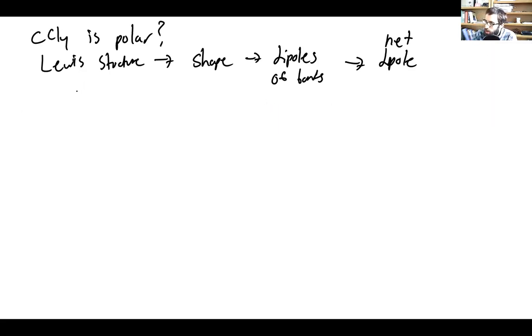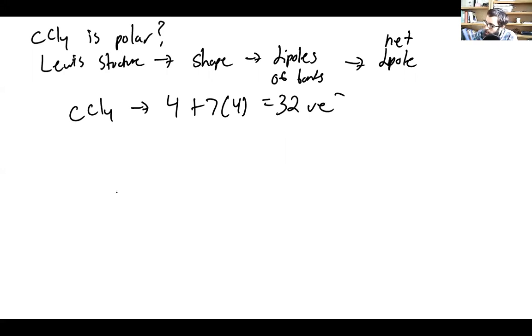Okay, so carbon tetrachloride, we're going to have to figure out the number of valence electrons. That's the first thing. 4 for carbon, 7 for each chlorine. That's going to get you a total of 32 valence electrons. And your Lewis structure, therefore, is going to look something like this,